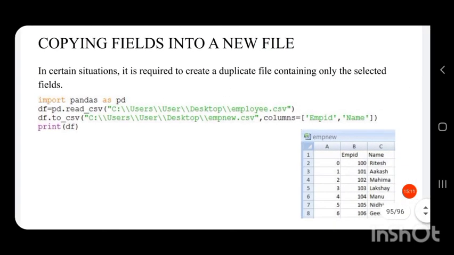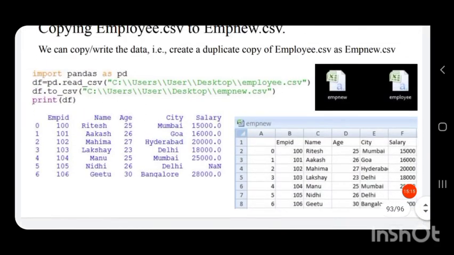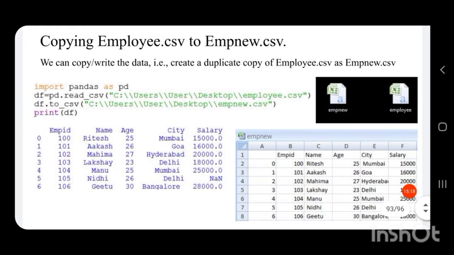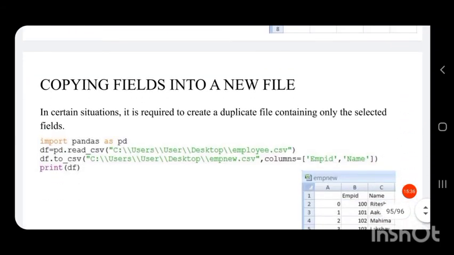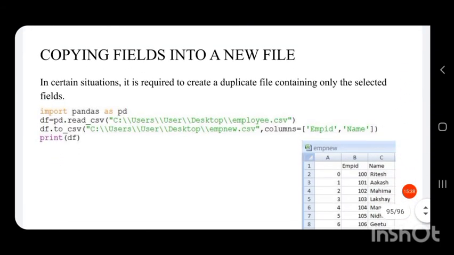Here we have first imported pandas as pd. This program is the same as the one copying employee.csv to emp new. In that program, all the columns in the employee.csv file are copied to the new emp new.csv. But in the same program, we are making a few changes and displaying only 2 columns.